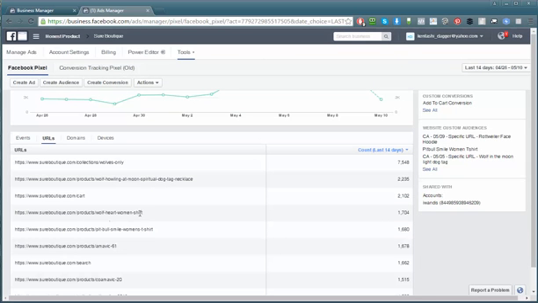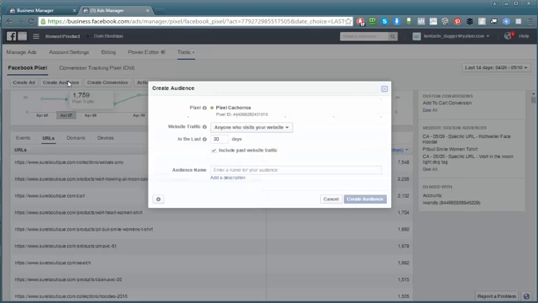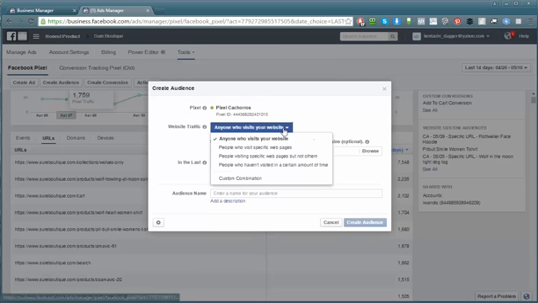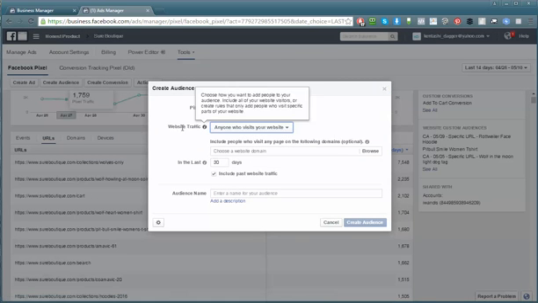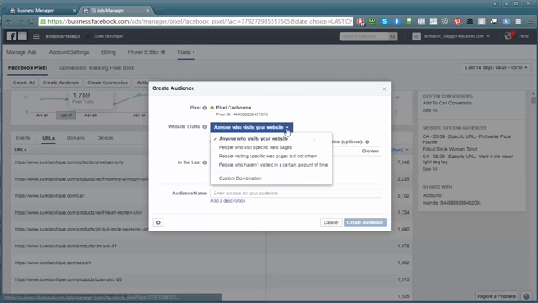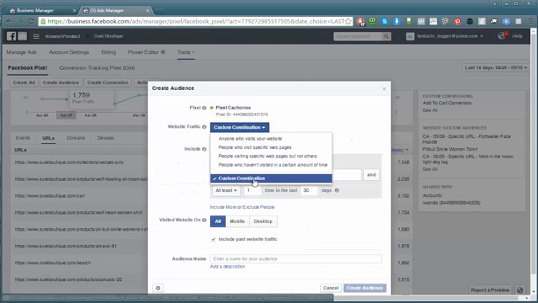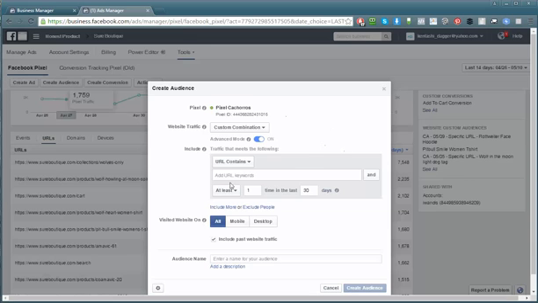You click that and create audience, and then what you need to do is website traffic right here. We go to custom combination. Okay, don't forget custom combination, click that. Facebook just recently launched this. It helps a lot for e-commerce owners because you can actually specifically target the unique visitors that you're getting into